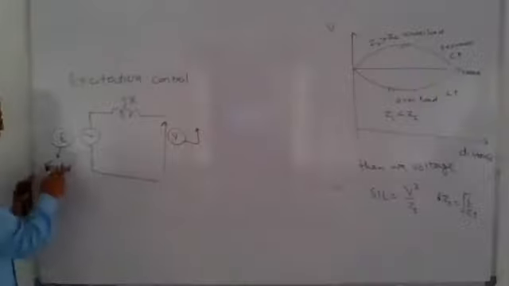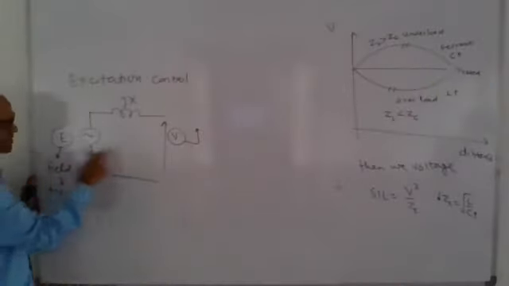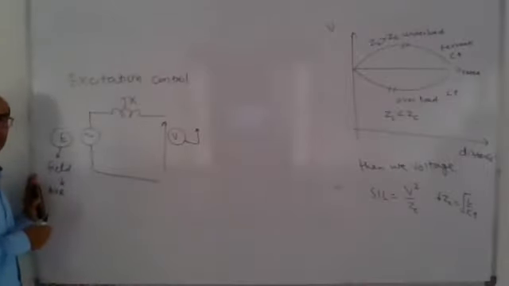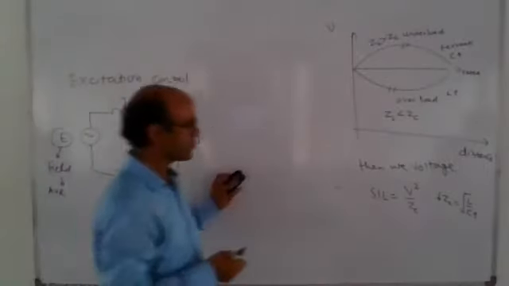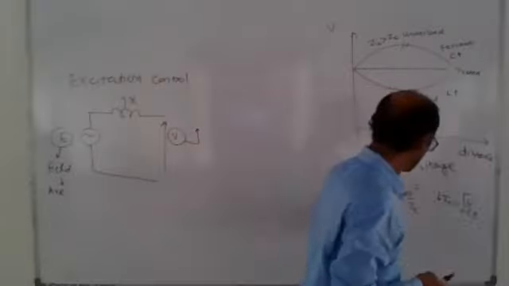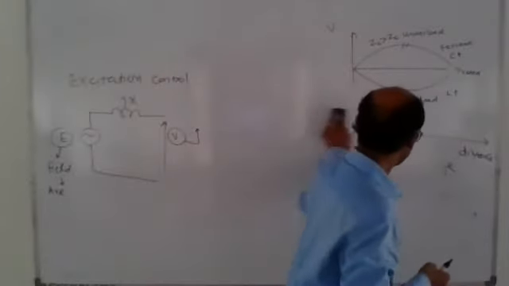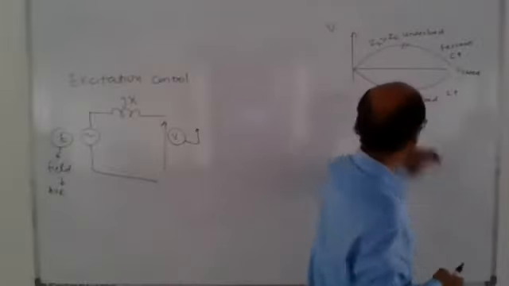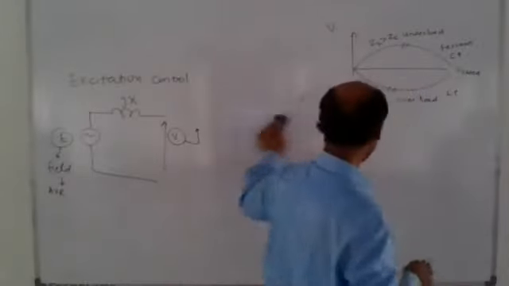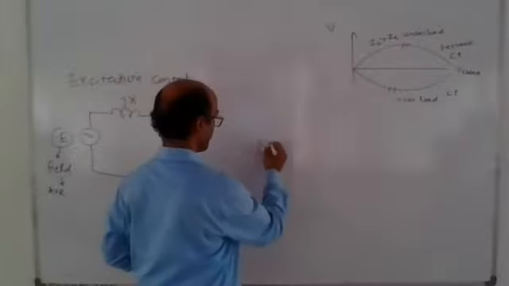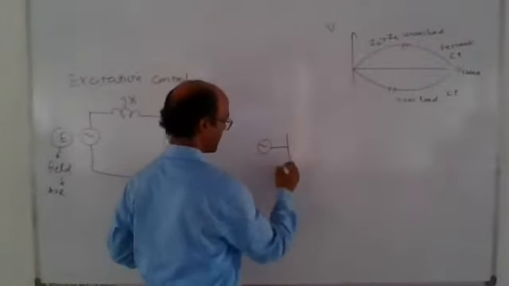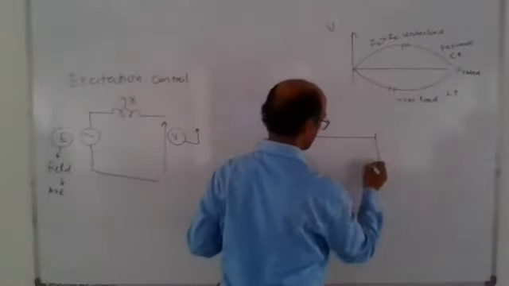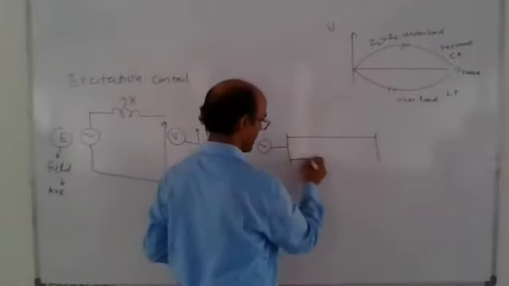So what if this is changing? This is also changing. So where are we placing this generator? The generator is placed in a power system. Suppose there is a power system which has other transmission lines also, because you know our power system is highly interconnected. Suppose there is a generator, and the generator is connected to other buses, which may be load buses or generator buses.